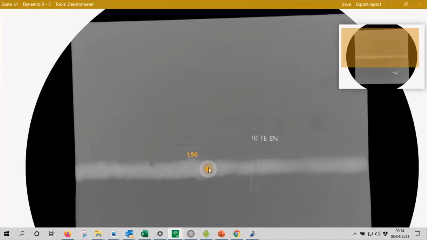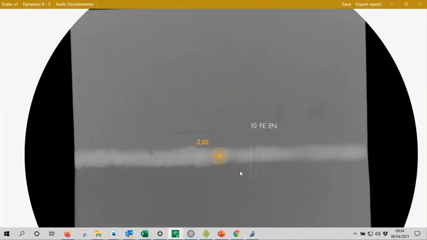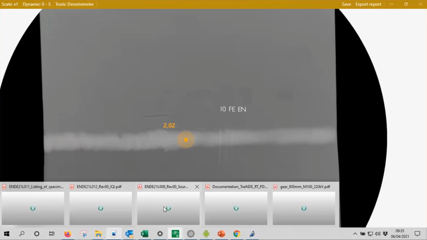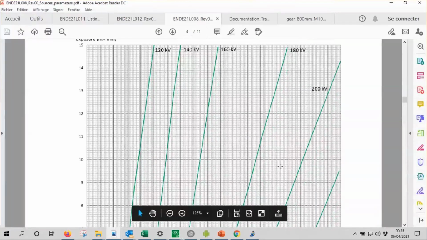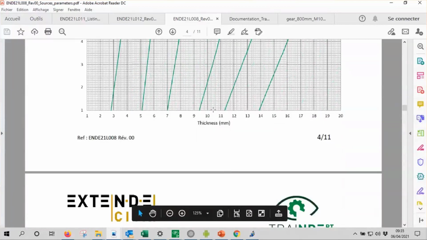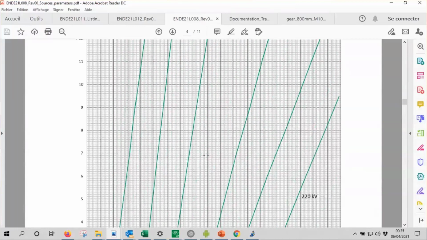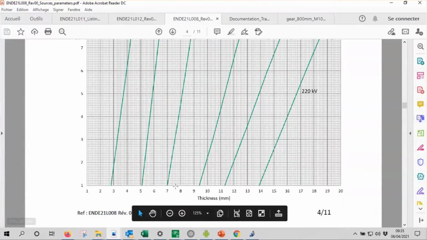You see here that I have optical density around 2 on the base metal, which is not that bad, but I was looking for optical density of 3. You can see also the impact. So again, you can change the values and see the impact based on the exposure chart that is provided with Trendy. Okay, you have again this exposure chart. See the voltage, the relevant voltage, and the relevant milliampere minute versus the thickness you pass through to inspect.